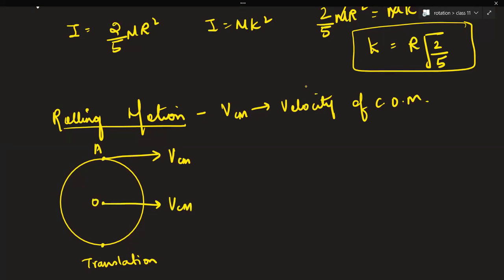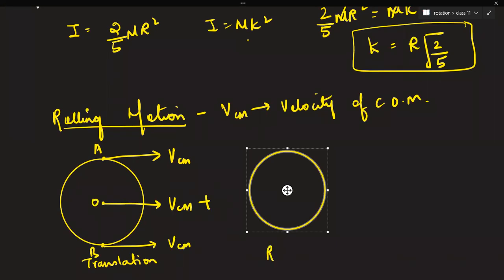This is, let's say, O, and let's say this is B. This will also be moving with velocity VCM. Plus, in this entire lesson we were focusing on rotational motion, so here you will have rotational motion. In rotational motion, you don't have VCM, the linear velocity. Again I'm taking the points A, O, and B. If the radius is R, and this is rotating with angular velocity omega,